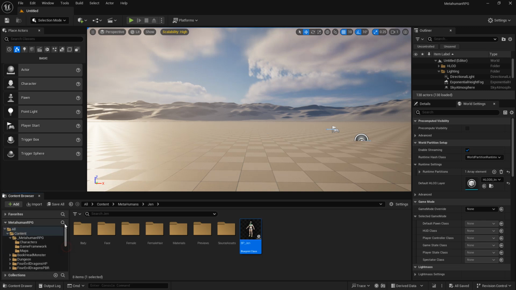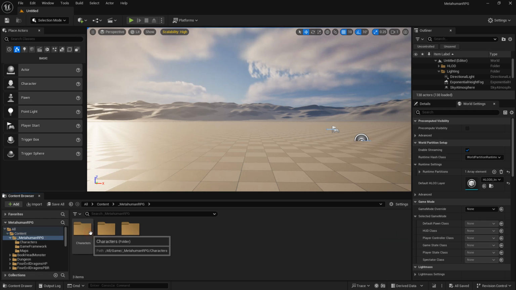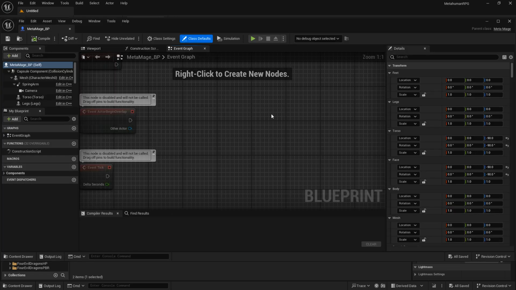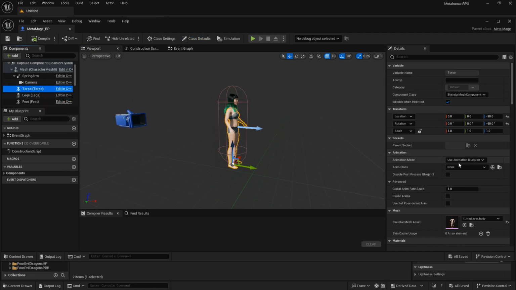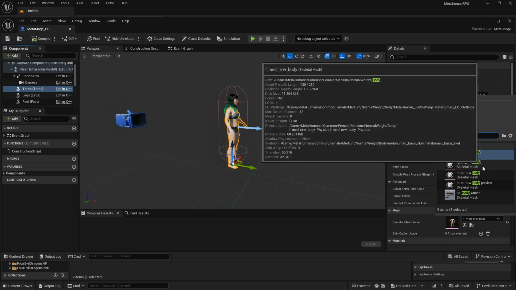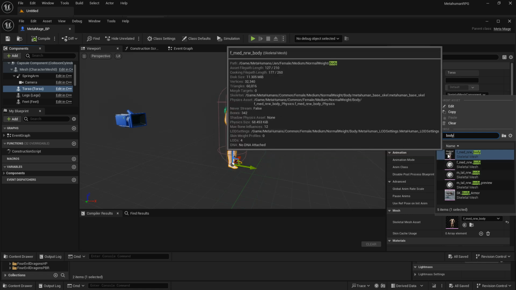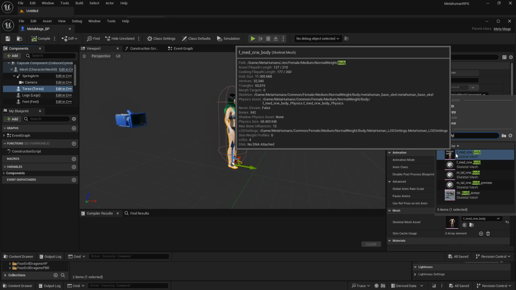Then I want you to go back to your all folder, go to your content folder again, open up Metahuman RPG, then character, then your meta mage BP, then go to your viewport and go to your torso and type in body. So whether you're using the male version or the female version, the male version is M tau and the female version is F mid. So click on that,